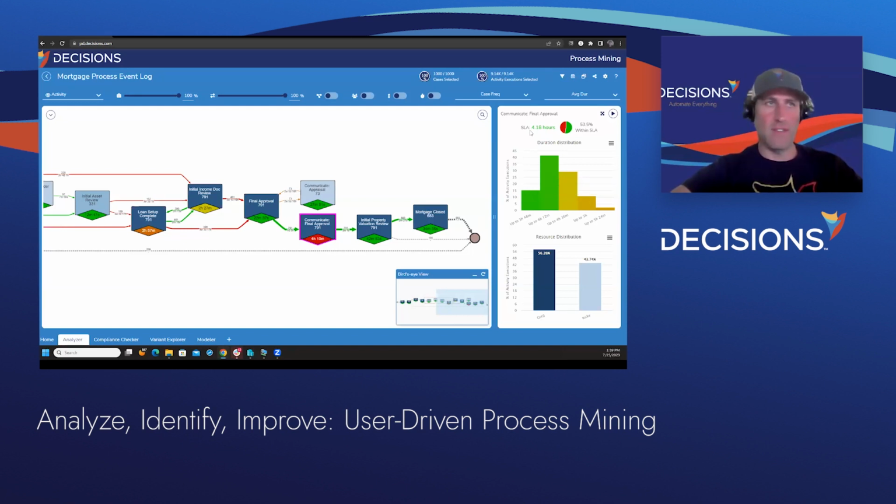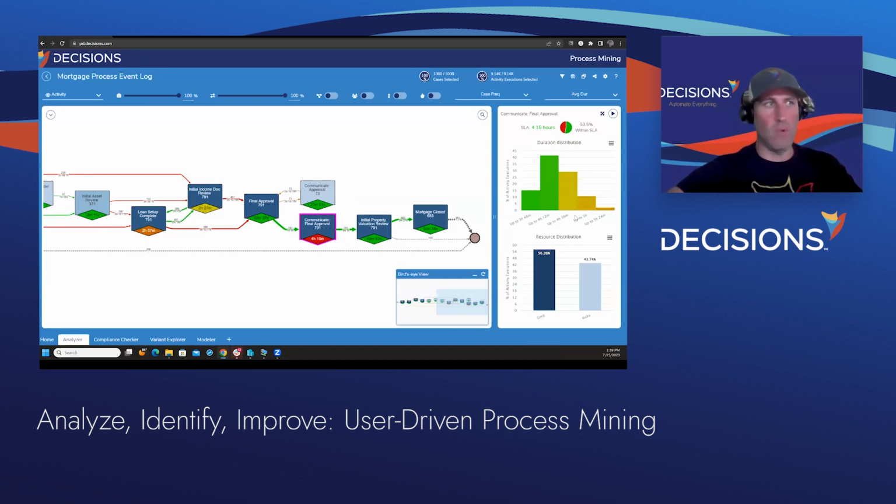So the tool has decided for us that this is the SLA. We do have the opportunity to modify this to see where we fit in if the true SLA is 2 hours or 6 hours. But based off this, I can see that these cases here that are taking longer than 4.5 hours, I can start filtering that data in and out and start isolating on areas of this process where we can improve the entire process for the organization.